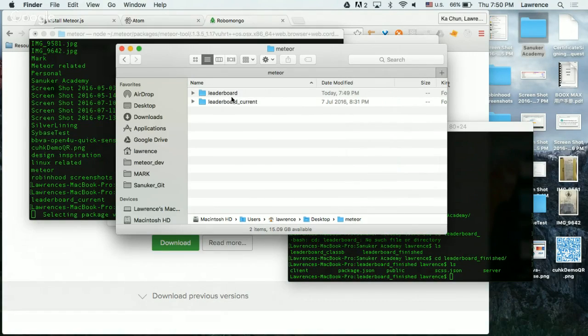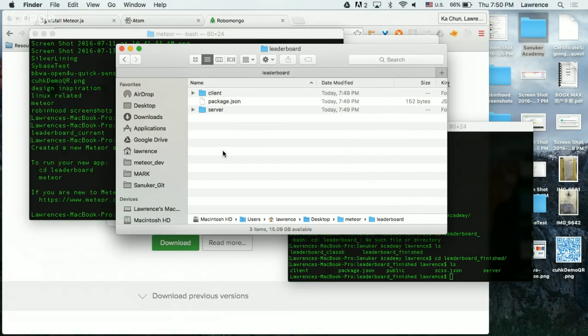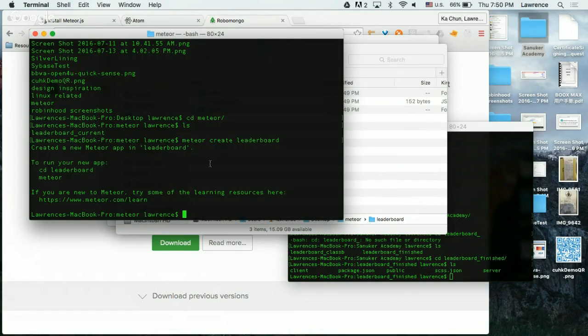And if you go into the folder, it automatically creates at least three files for you. There's a client folder, a package.json, and then a server folder. So basically, this is what the meteor create command does for you. This is actually asking Meteor to open a new project for you, and you are going to work on all the files underneath this folder.